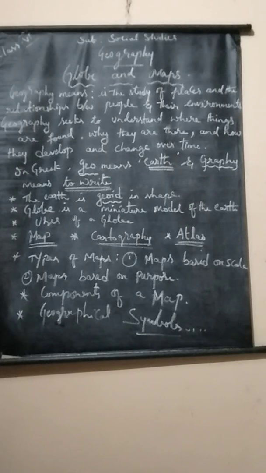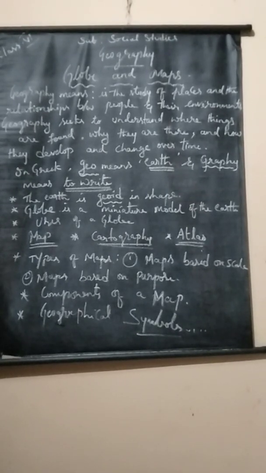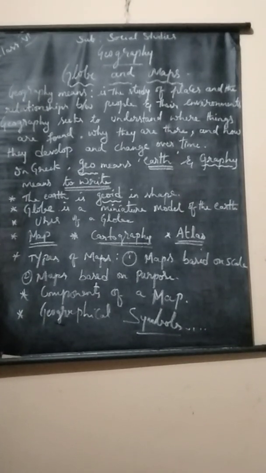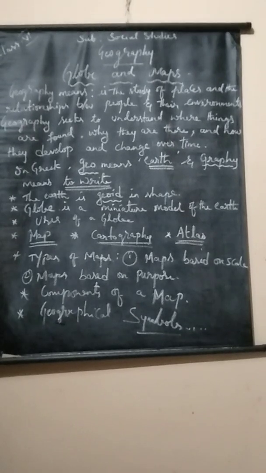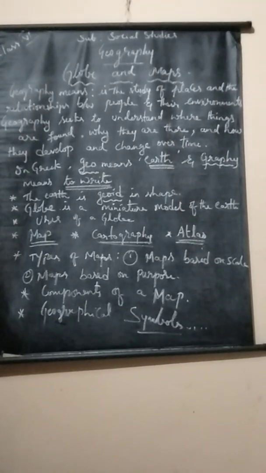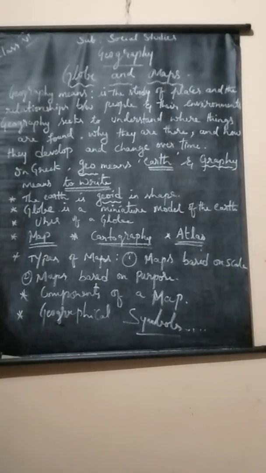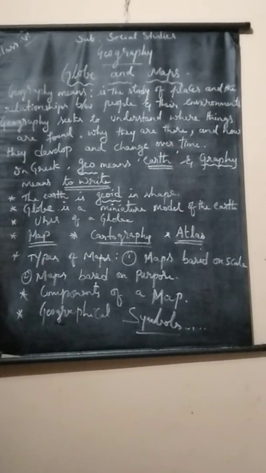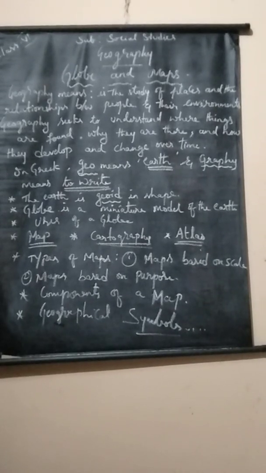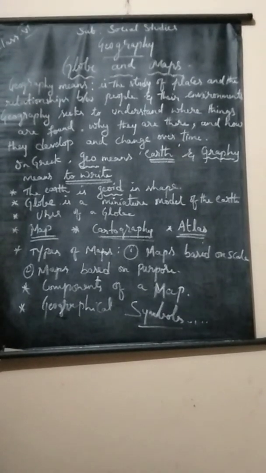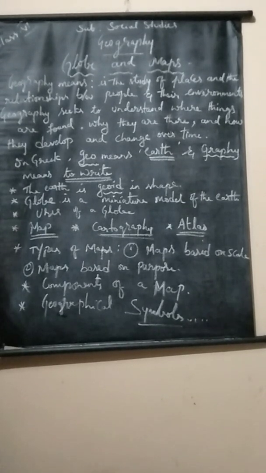It is also useful to know the lines of latitudes and longitudes on the globe, which help us to locate places and political boundaries. A good globe helps us to understand the inclination of the axis, movements of the earth, rotation, revolution, and their effects. Example, day and night and seasons.